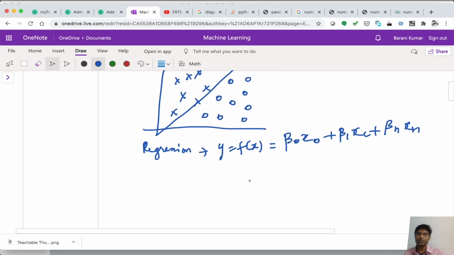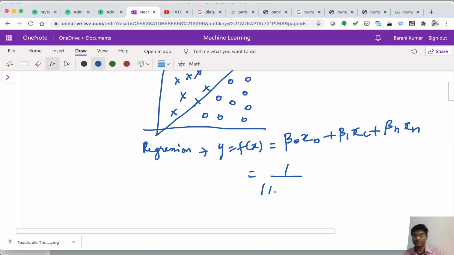But how would this convert into a decision boundary such that the values above the boundary become class 1, the values below this boundary become class 0? That is why we are going to call this a decision boundary. So we are going to convert this particular format of equation into a different value.